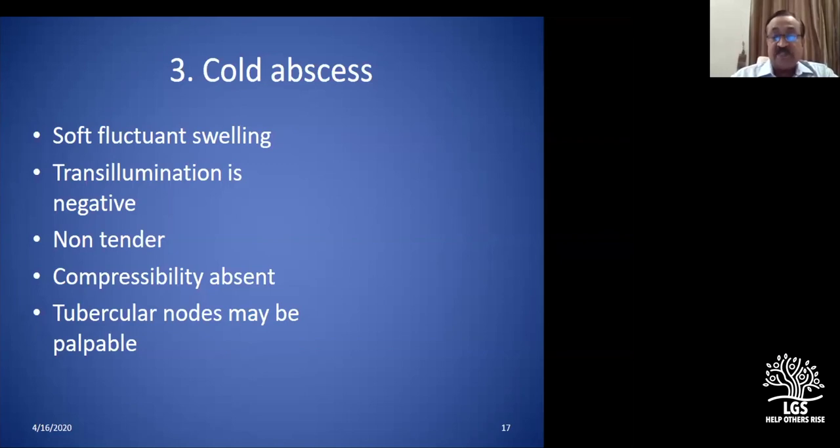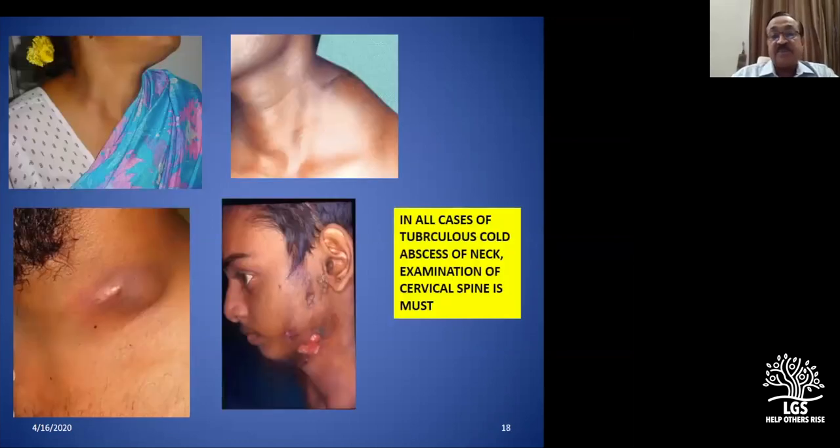You find one or two nodes above, your diagnosis is more or less clear. So cold abscess diagnosis is based on history of tuberculosis, which may or may not be there, but fever, loss of weight, loss of appetite, all sum up to a diagnosis of a cold abscess. These are the pictures. Look carefully. This is behind the sternomastoid, occupying both anterior and posterior triangle. Here is a case in the posterior triangle. In fact, the posterior triangle is the common site of a cold abscess. You can see here also again a posterior triangle.